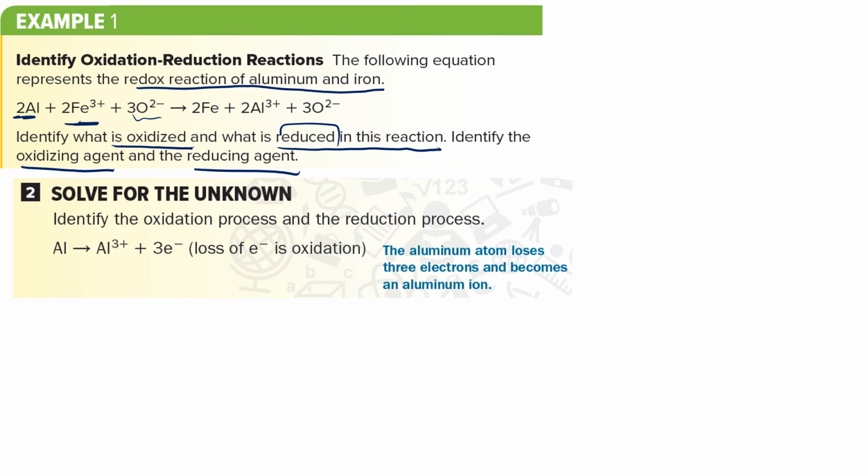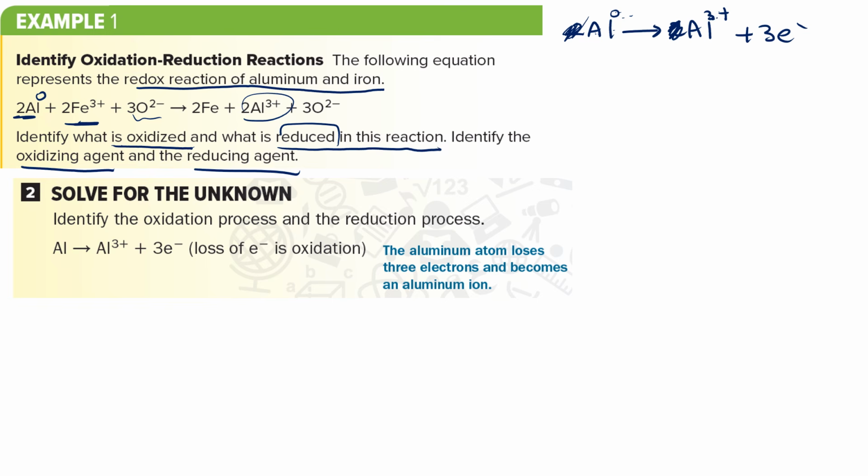So شوف على ال Al شو شحنتها كانت؟ 0. كم صارت شحنتها هني؟ positive 3. So you can write 2Al gives us 2Al plus 3. Okay, and there is no need to write 2 here. You can just write Al and Al. ما في داعي. ال Al صارت positive 3 معناها فقدت كم إلكترون؟ 3 electrons لأن كانت شحنتها 0. So what happened to the oxidation number? Oxidation number increased.